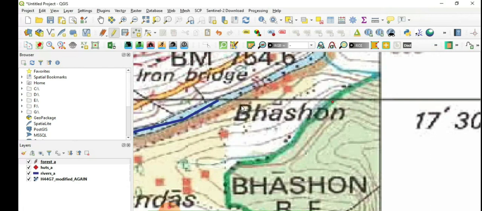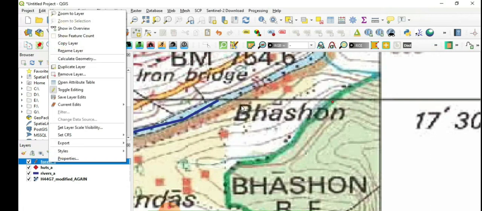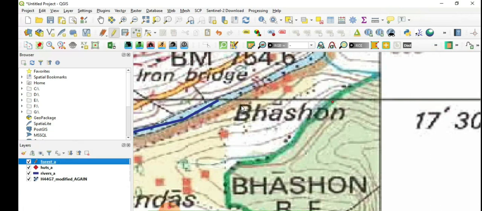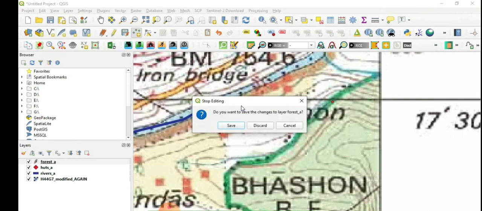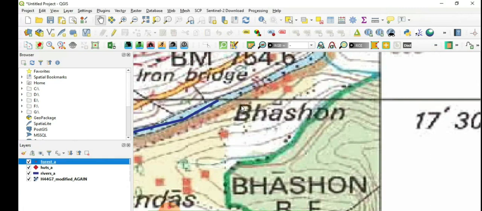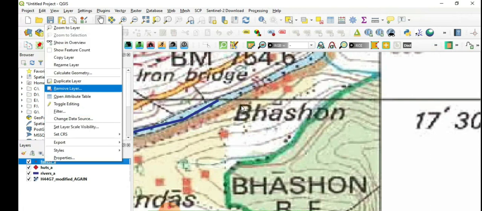I made a mistake, I did not set it, I have made it as a point feature, so I need to delete it again. Just discard this. See, this is also a point feature, but I want to make it a polygon, so just remove this.